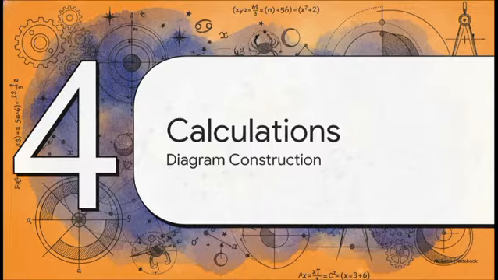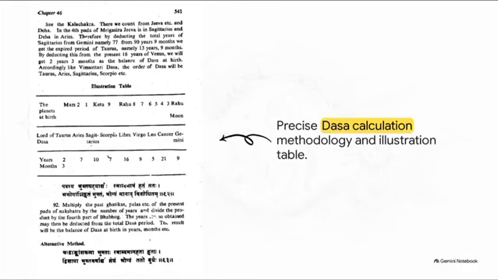All right, Section 4. Let's get our hands dirty with the actual mathematical calculations and diagram construction required by the text. As documented in the illustration table over on page 541, precise calculation is absolutely paramount here. The formula involves the meticulous multiplication of past katikas and palas. If you're not familiar, these are ancient, highly precise Vedic units of time. You use these to calculate the exact starting balance of the dasha at the precise moment of birth.